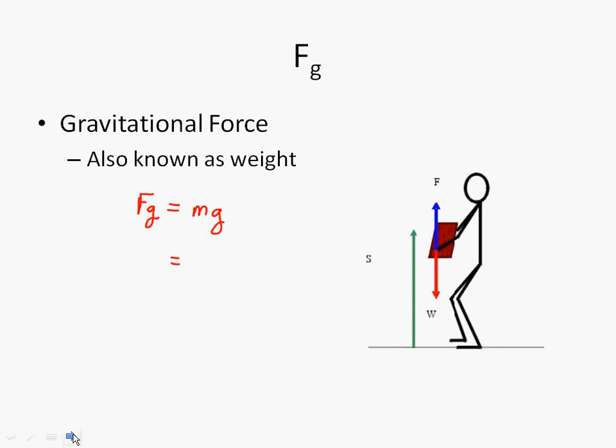So if I'm 50 kilograms and I'm determining my weight, if I multiply that by 9.8 meters per second squared, I believe I get 490 newtons. So that's my weight